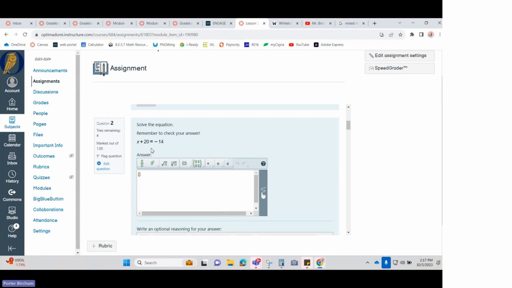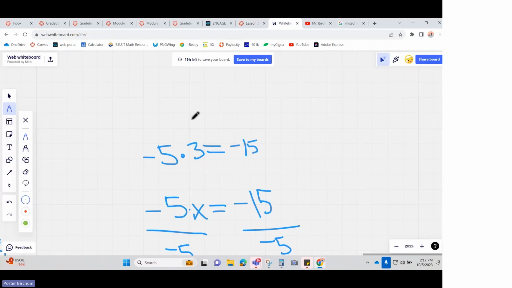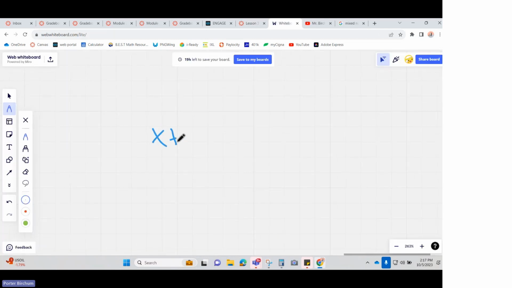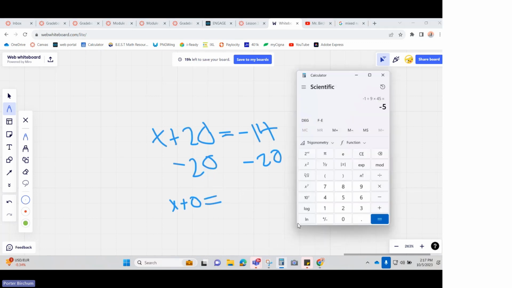Okay. Solve the question. x plus 20 equals negative 14. Let me write that down. x plus 20 equals negative 14. Let's use inverse operations. I'm looking at a plus 20. Gotta get that mystery number by itself. So I'm gonna minus 20 from both sides. x plus 0, because 20 minus 20 is 0, equals negative 14